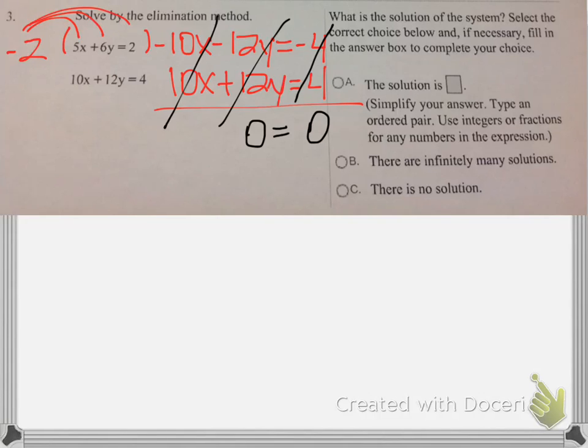Well, remember, an intersection point has an x and a y. I don't have an x and a y. I have 0 equals 0. Is that true or false? That's true. What this means is we actually have infinitely many solutions, because these two equations are actually